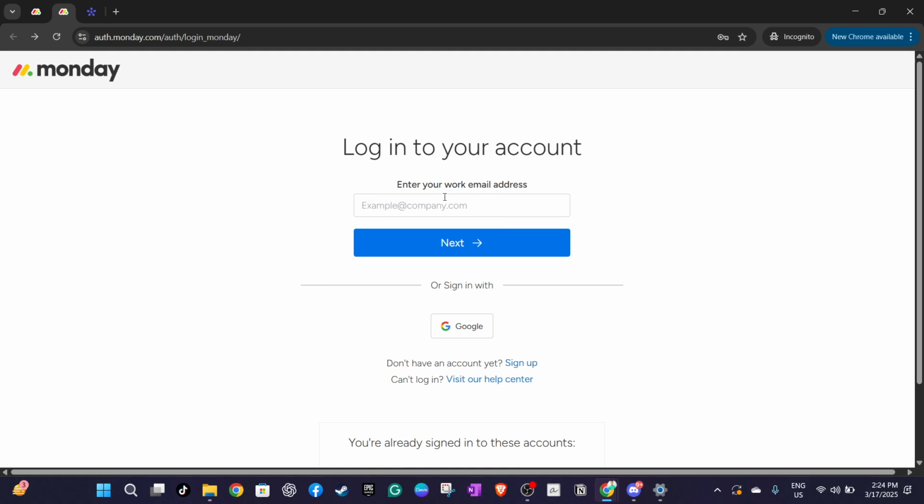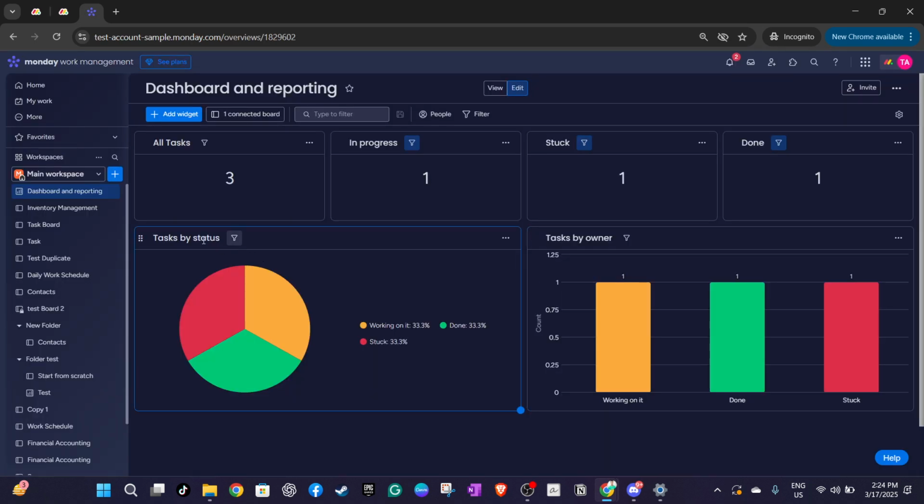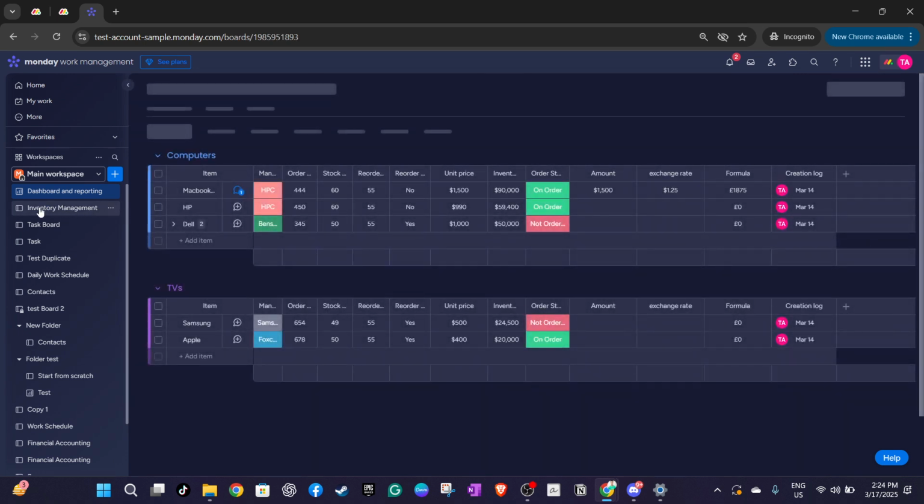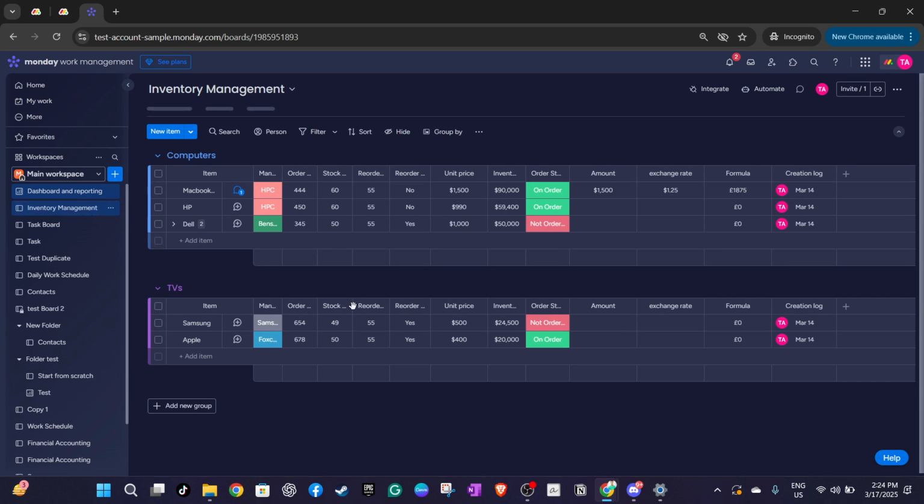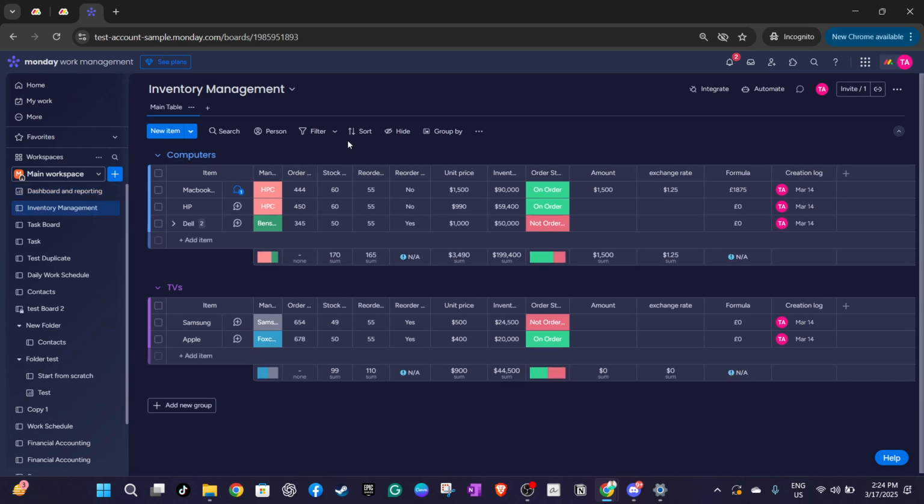your Monday.com workspace. With access to your workspace established, it's time to locate the specific board that contains the data you want to export. Navigate through your boards and select the one you're interested in. Ensure you've selected the correct board because this is where the data resides that you'd like to view in a